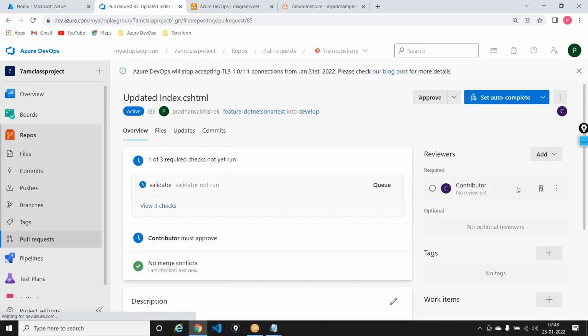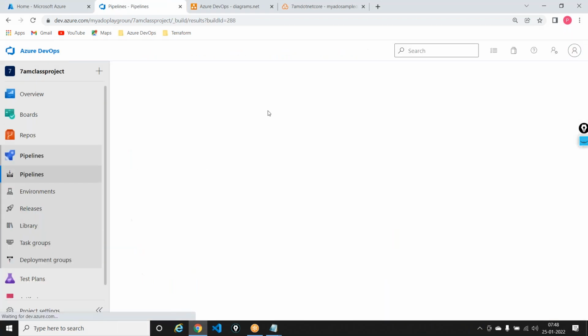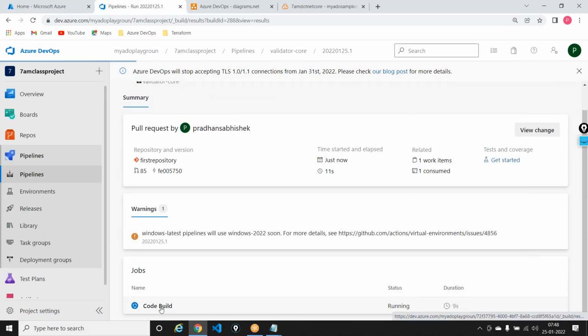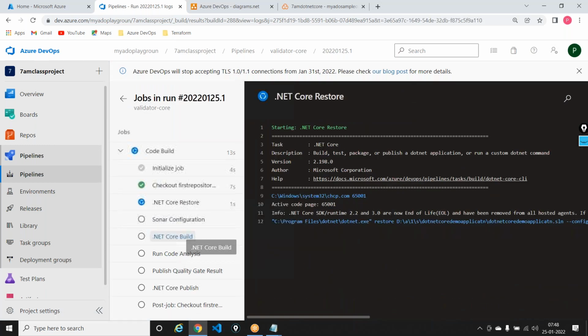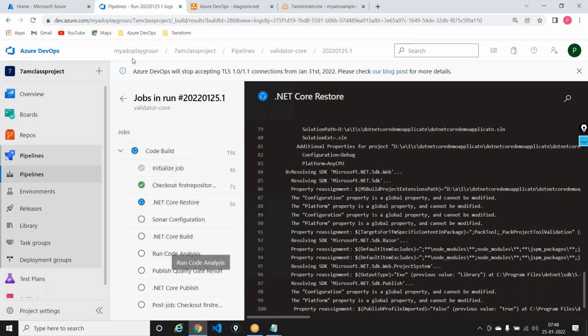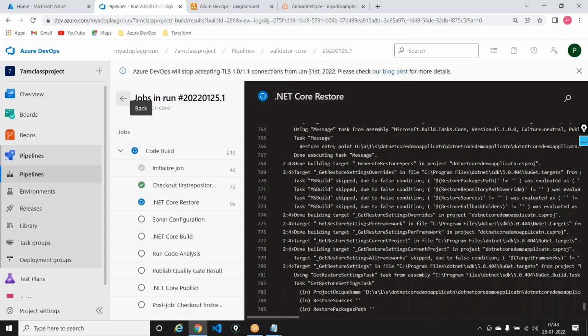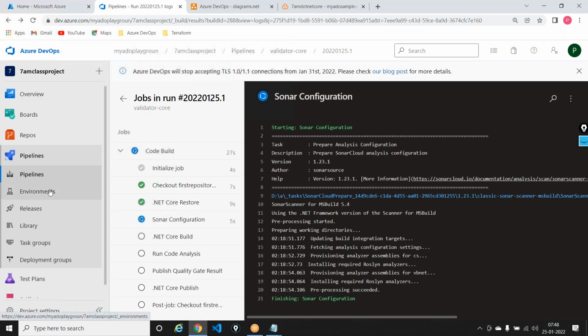Now, as and when I create a pull request, there are 3 checks out here: work items must be linked, comments must be resolved, and the validation should pass. What is happening here is this one. There is this particular pipeline which got triggered, which is doing one simple thing, which is analyzing my code using something called Sonar. And if this pipeline fails, meaning it can fail in run code analyzer if the code quality is not good,